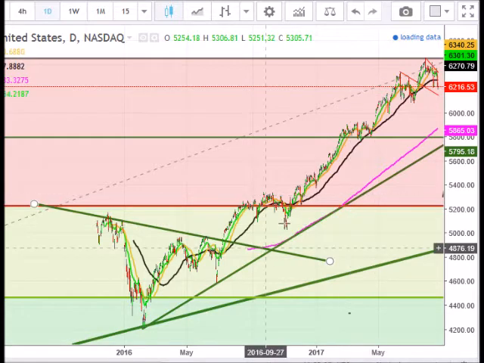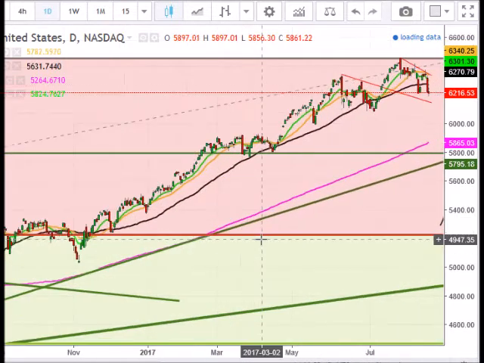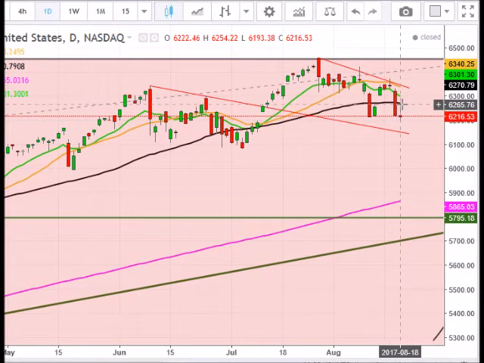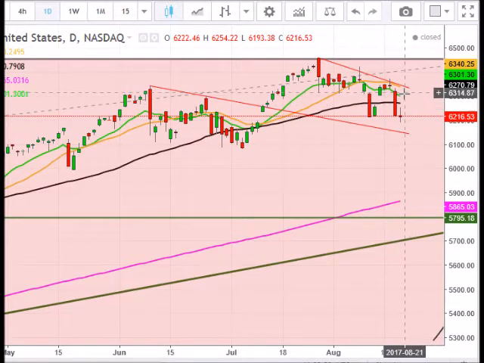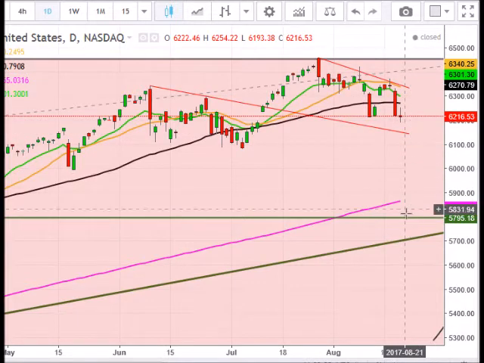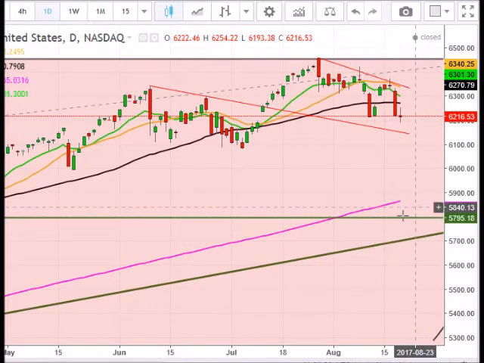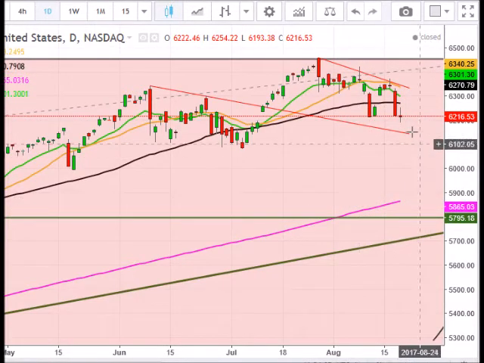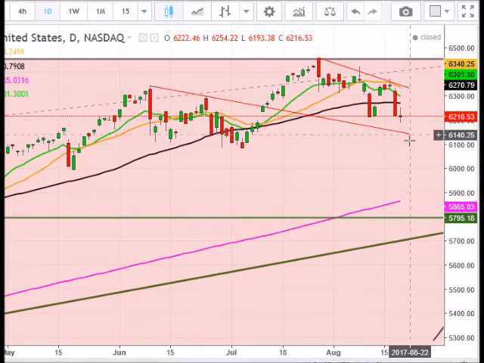So this is going to be the situation for Nasdaq at this point in time. Now that we are below it and we've bounced pretty hard off of it, we'll probably test it again, and then either we break and test that trend line here, or we continue lower, breaking this level and then heading down to the level that I had previously identified around this 5800 level. So it'll be interesting to see what happens, but I do think that we are starting to put in the